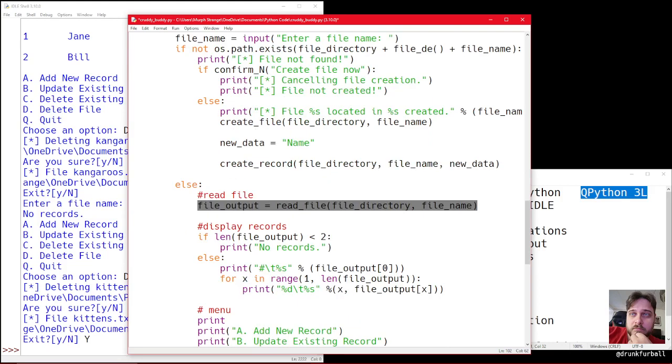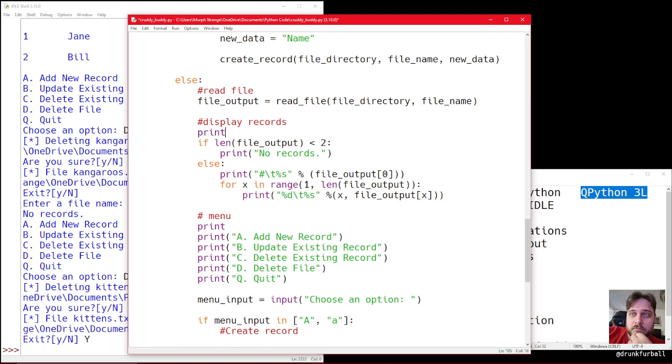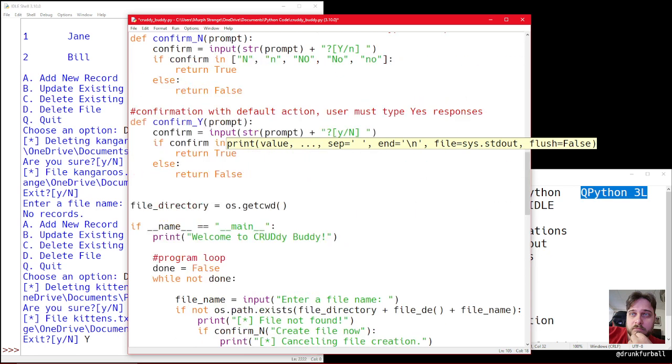And then here, we're breaking it down. Alright, if it doesn't have a length of over 2, which means if there isn't anything beyond the headers, print no records. However, before that, because every file now will have at least one record, because when we create it, we're going to create,